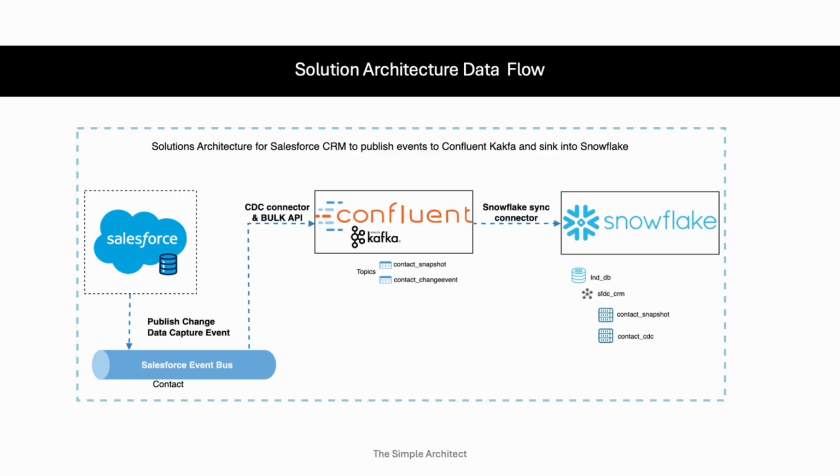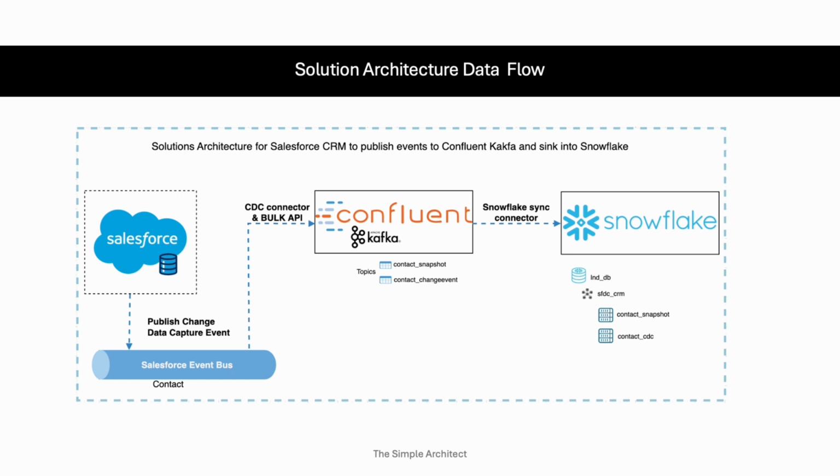This slide provides a high-level overview of the solution architecture for integrating Salesforce data into Snowflake using Confluent Kafka as the hub. The primary goal of this architecture is to unify structurally different payloads from Salesforce bulk API and streaming API into a single coherent object in Snowflake using dynamic tables. The key components are the